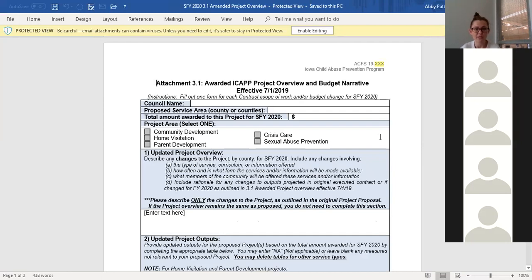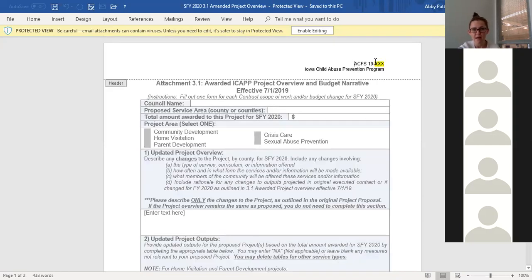Hopefully everybody can see that. If you're wanting to change your curricula, your outputs, or any other significant changes to how you've outlined you're going to be performing this project, you'll fill out this. And again, both the 3.1 and the 3.2 attachments in the top right corner have a space for you to put your contract number.